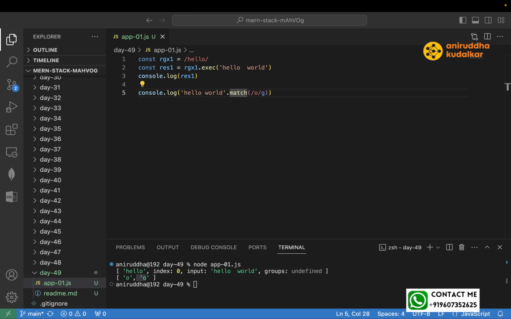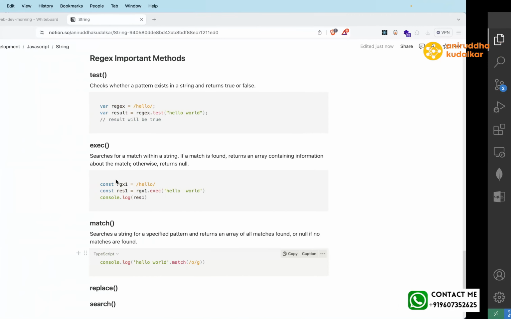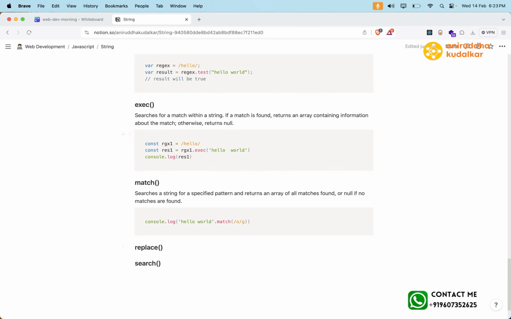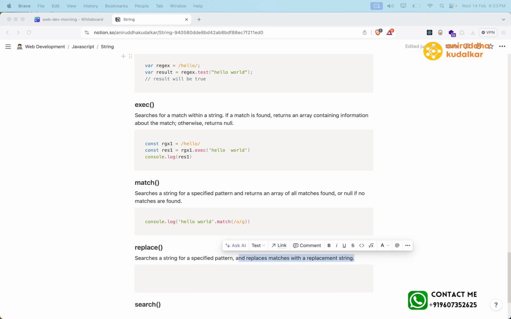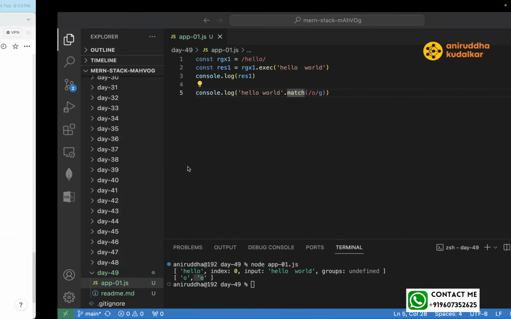Okay. Then replace. What is replace? It searches a string for a specified pattern and replaces the match with the replacement string. Searches for a specified pattern and replaces the match with the given string. So here we can say